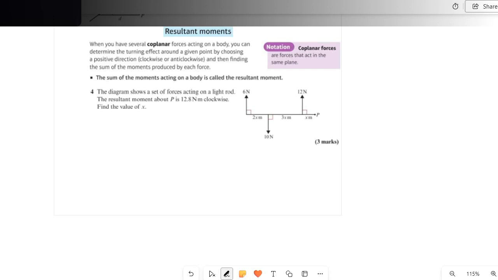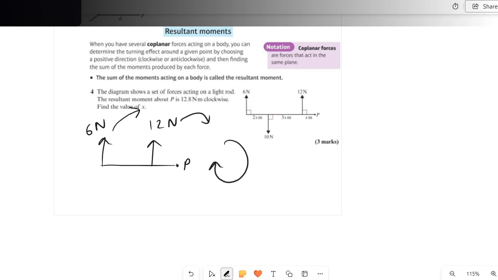So in order to solve this problem, we have to dissect the forces. Acting in the upward direction, we have 6 newtons and 12 newtons. And since they're acting upwards about P, we can say that this will have a relative motion in this direction. Since these are in this direction, this is the clockwise motion. So we can say that taking moments about P,